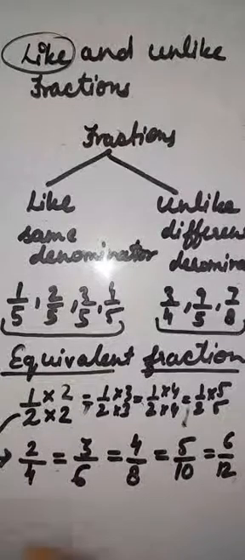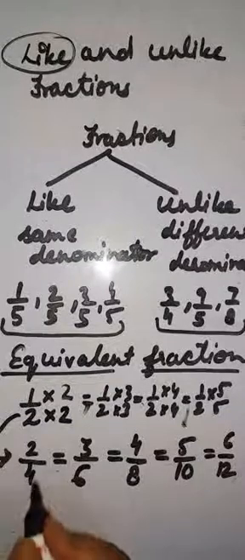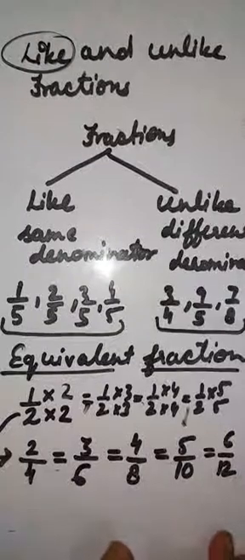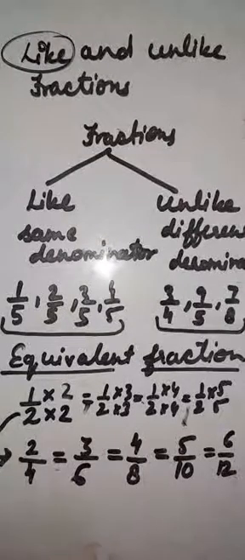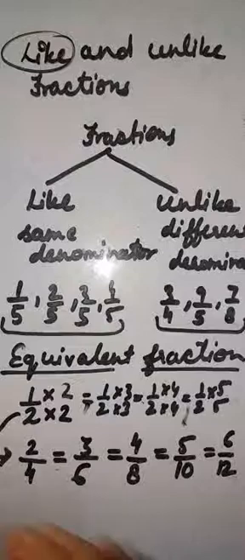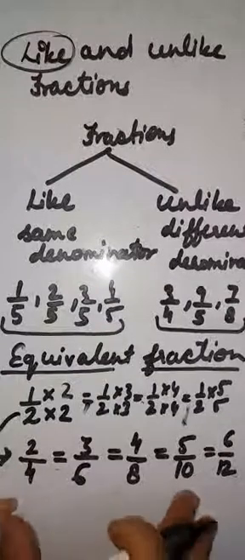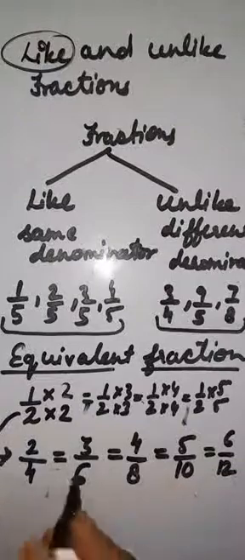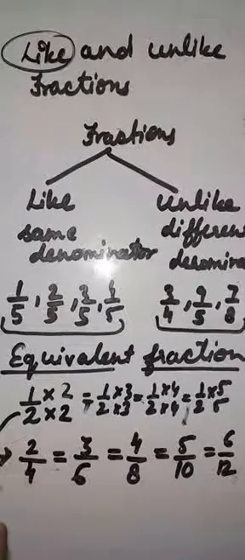These fractions represent the same part of an object, though differing in numerals. You can see the numerals are all different, but these are equivalent fractions. Okay children? To find the equivalent fractions, we just multiply the given fraction by counting numbers. Is it clear to you everyone? Yes, we just multiply the given fraction by counting numbers, right? You can check whether it is an equivalent fraction or not. It will be divisible by the same number and we will get the answer 1 out of 2.